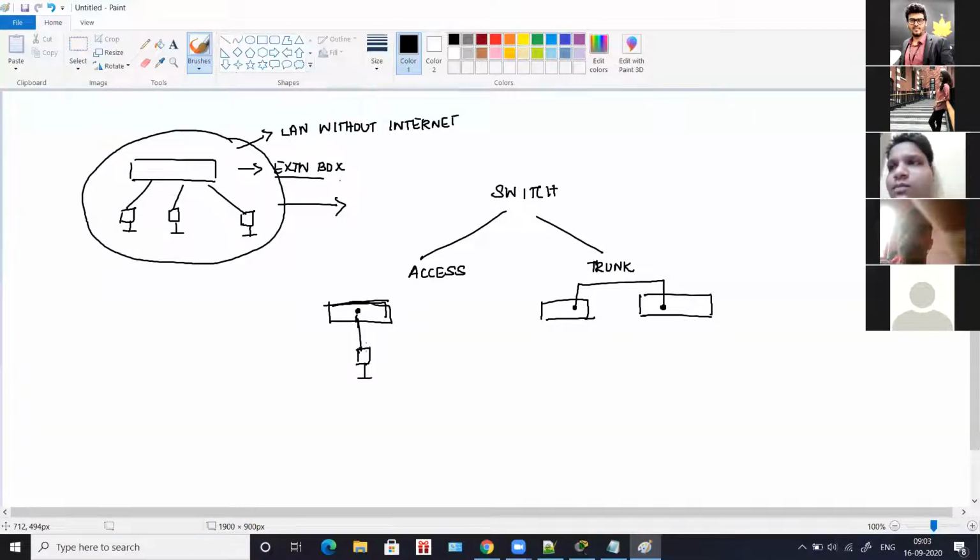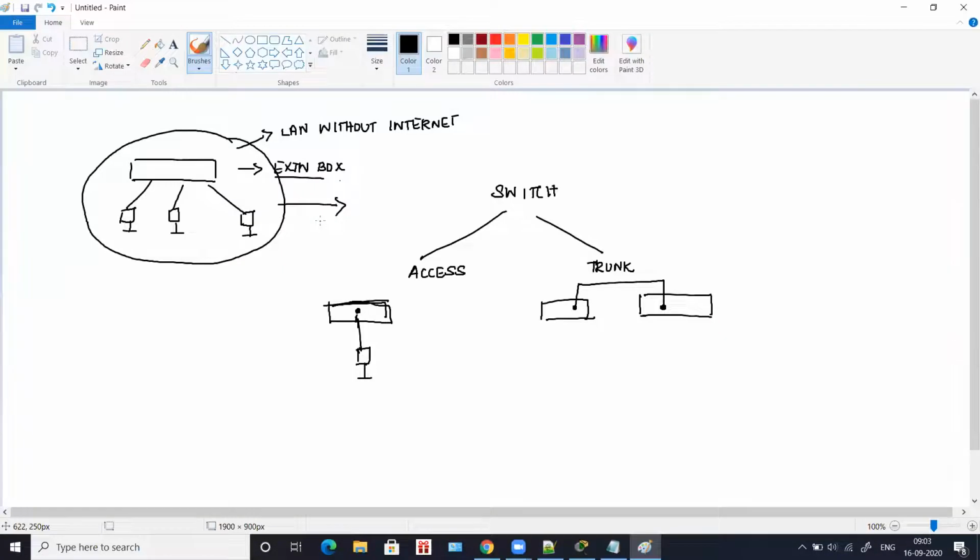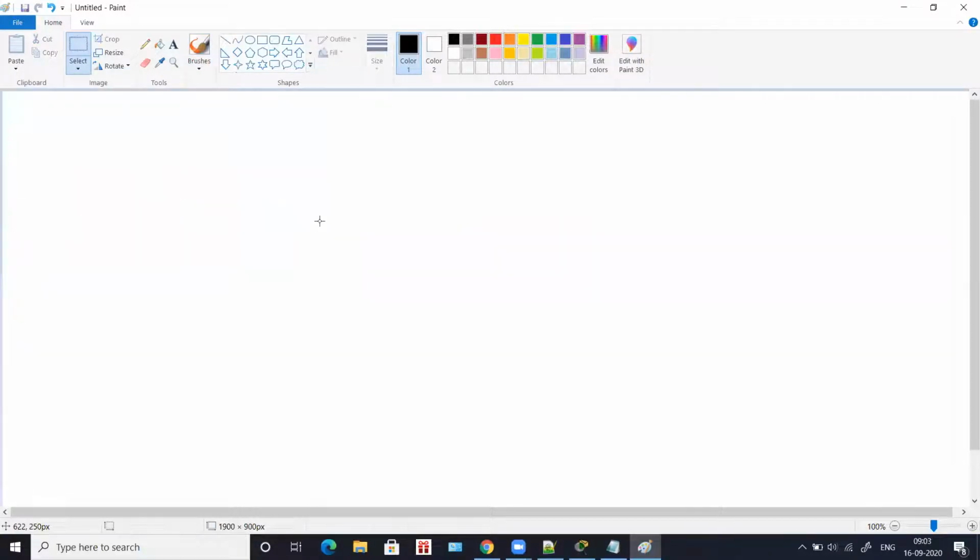After that we'll see about switch rules. Switch rules are not compulsory like what we saw for router rules. Switch rules are very basic, something which is recommended. There are two rules for a switch. The first rule is connecting a switch to a router, and the second rule is connecting a switch with another switch.